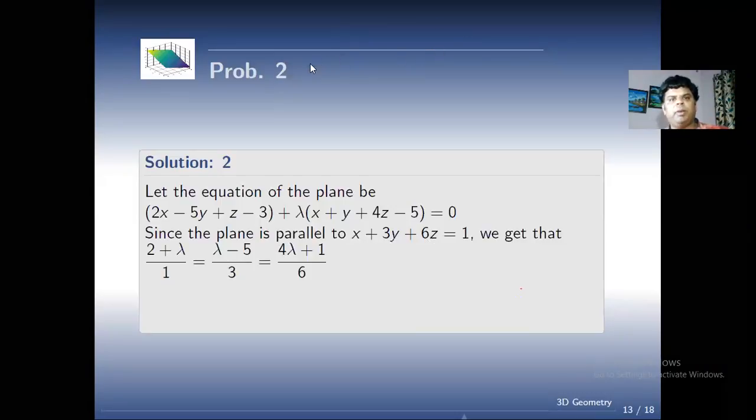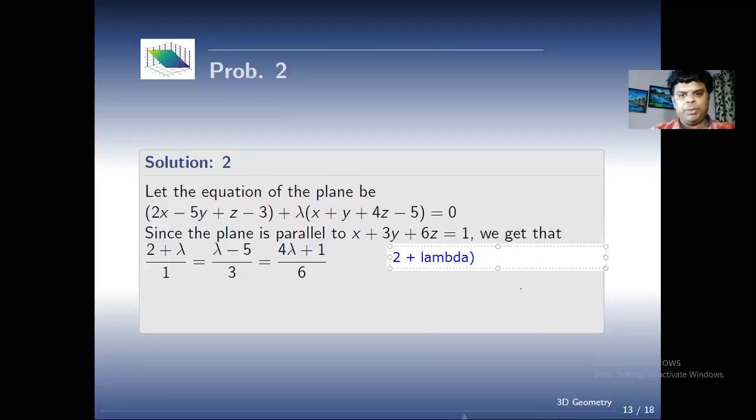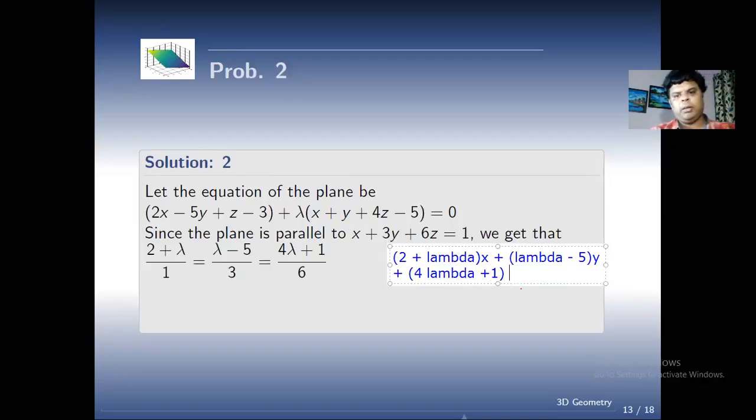So I'm going to have 2 plus lambda times x plus lambda minus 5 times y plus 4 lambda plus 1 times z plus or minus of 5 lambda